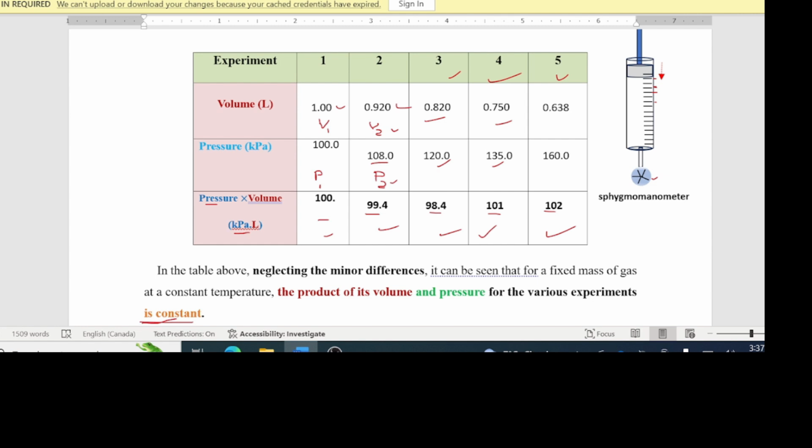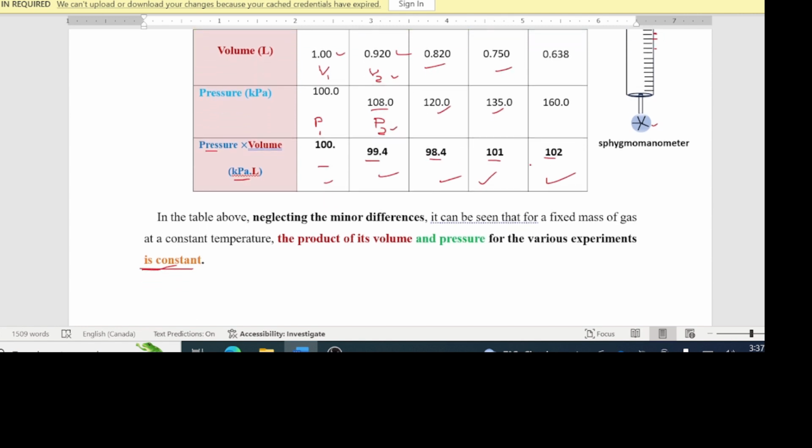Now, if you neglect the small differences there, small differences is not major differences, it can be seen that for a fixed mass of gas at a constant temperature, the product of its volume and pressure for the various experiments is constant. So, neglecting these small differences that you see in a 0.6 there and a 0.6 there, okay,